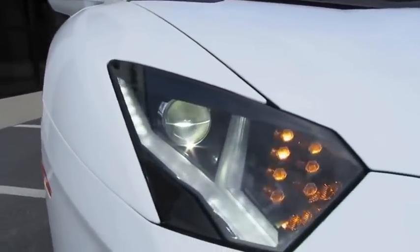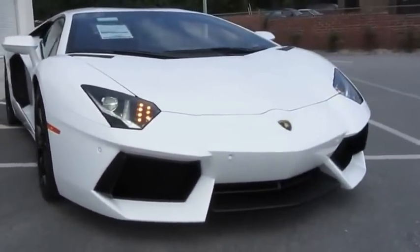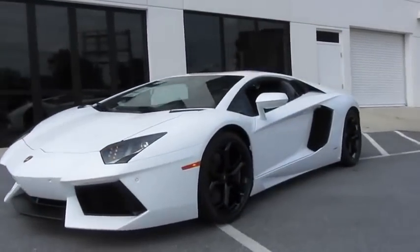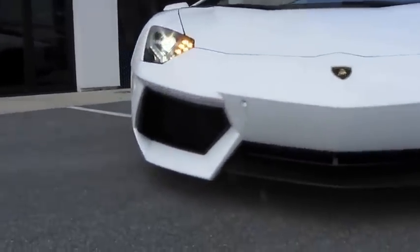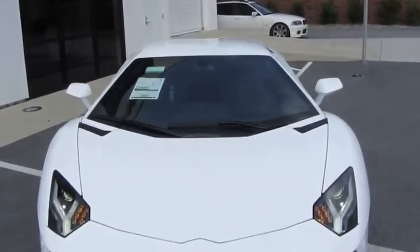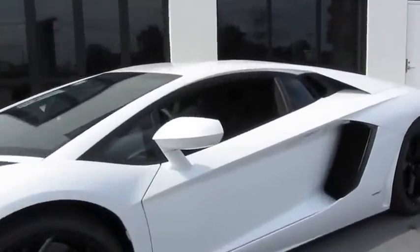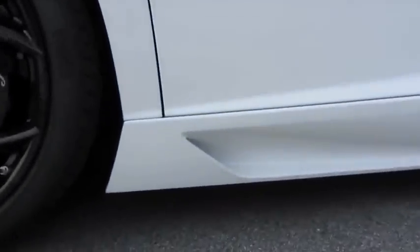Bi-xenon projector headlamps with LED accenting and LED turn signals. Front parking assist. The Aventador is a brand new model to Lamborghini, replacing the previous Murcielago. Besides being the new flagship from Lamborghini, it shares very little with the Murcielago. Angular and aggressive front fascia with large air intakes. Large side air induction, contoured side skirts,